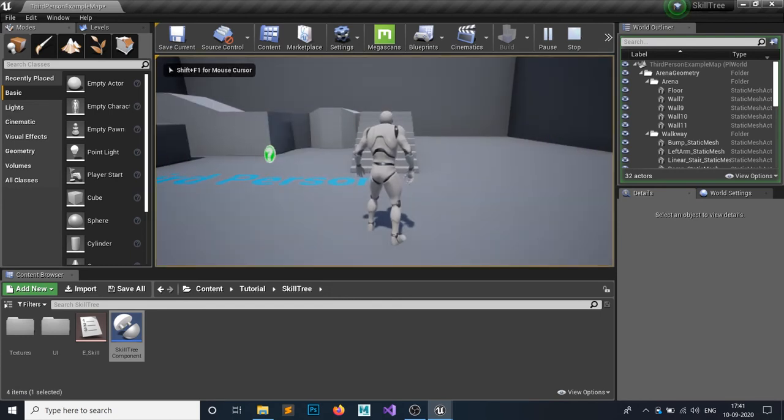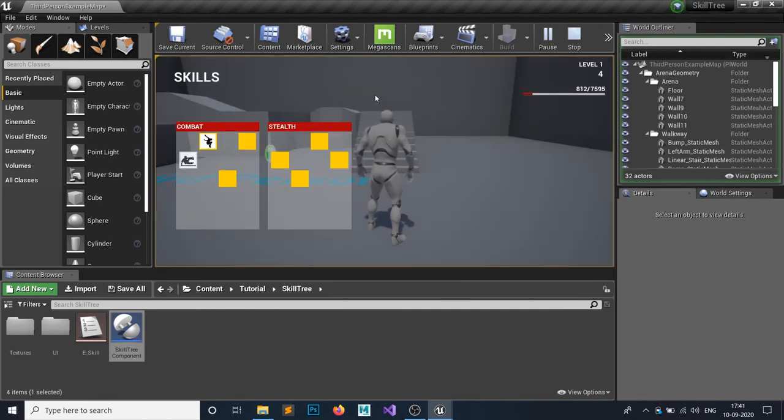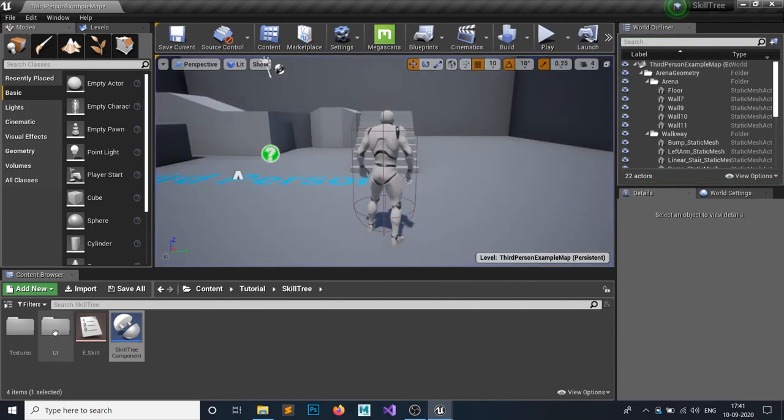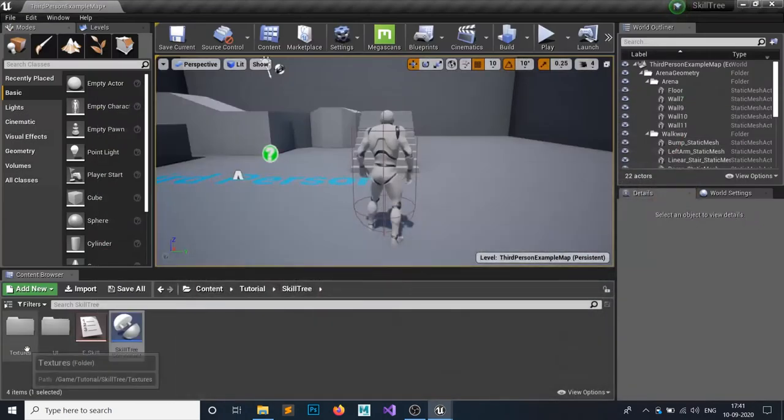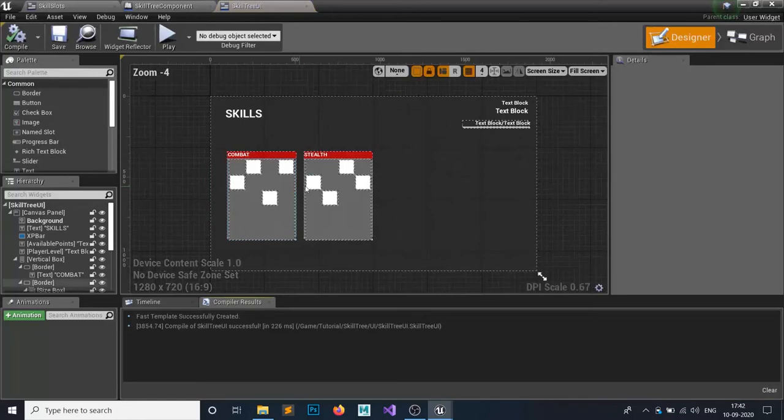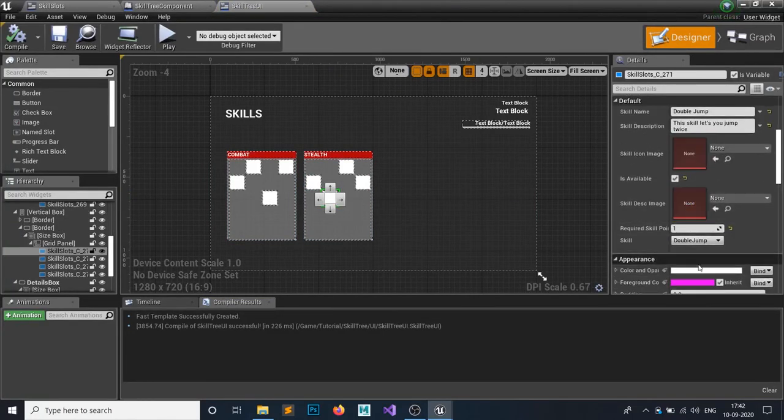But if I get a skill point, we have now 4 skill points. Okay, yep, so it is gonna work. So you can see all these slots are changed to golden. So why is that? The reason is in your skill tree UI we have set all the skills' enumeration to double jump, and we have already owned this double jump.